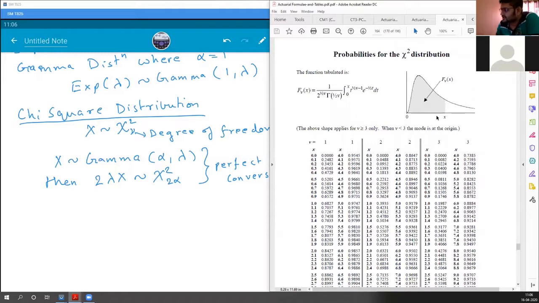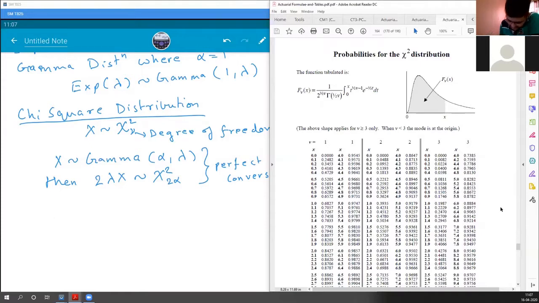Now this is the graph of the chi-square distribution, or a gamma distribution. We'll relate to the graph later on, but right now we need to find how to find probabilities. To find probability, always look at the graph. Now you can see the graph shows the shaded region, that is x less than. So we are trying to find probability less than x in this particular table.